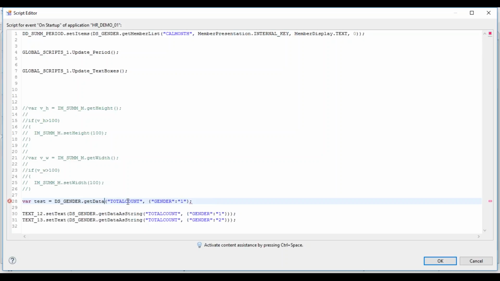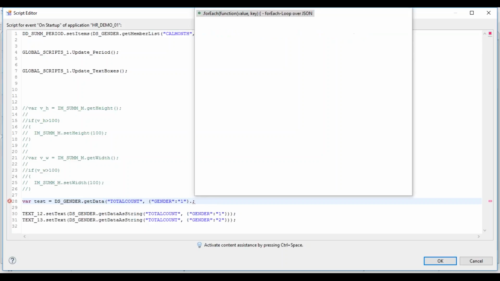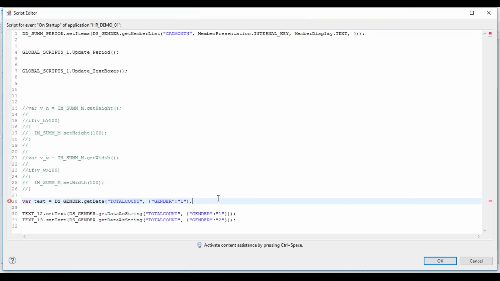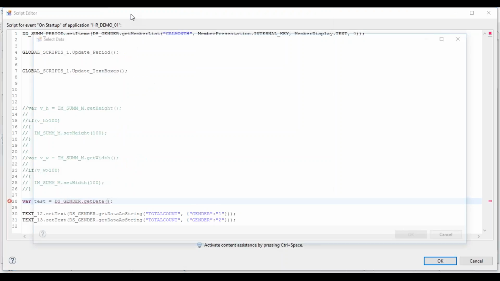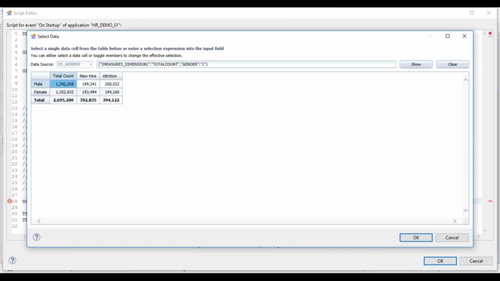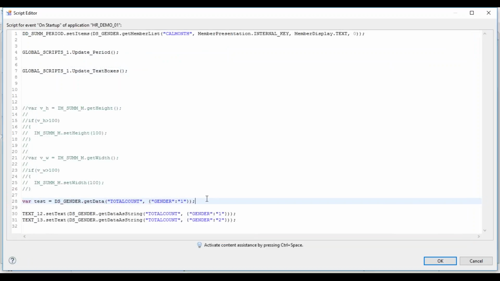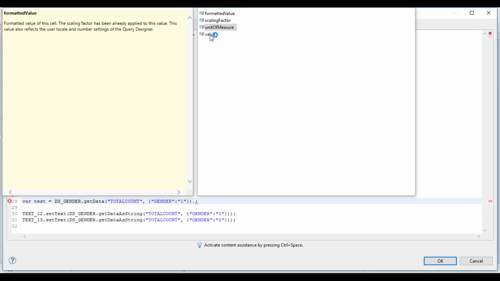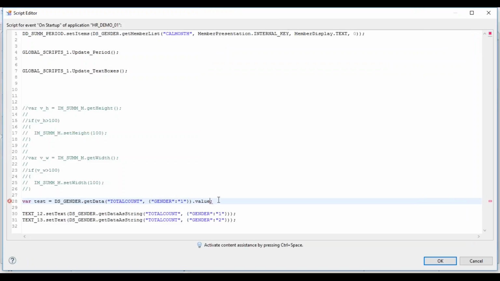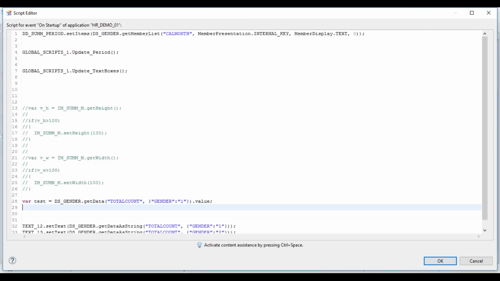Instead of data string, first get the data. So we got the data and we'll take the value of the data now, and also divide it by 1000.